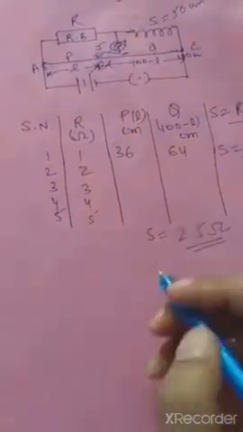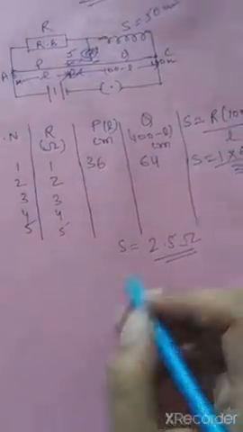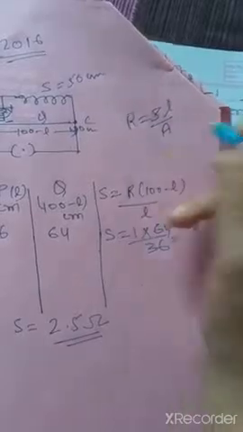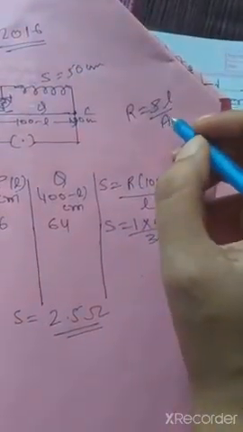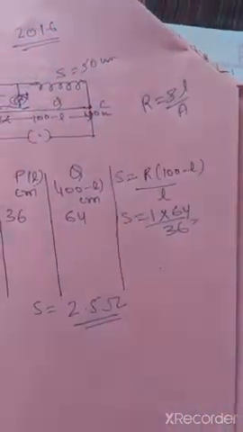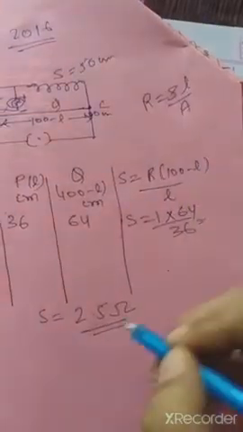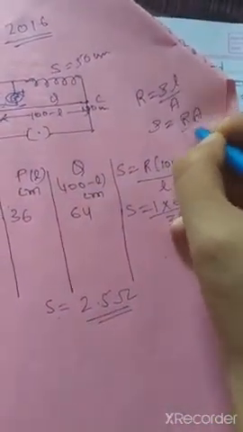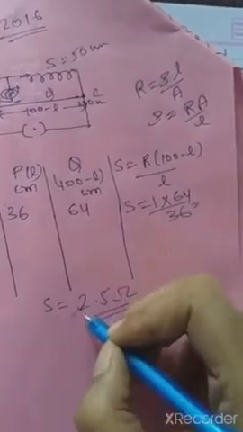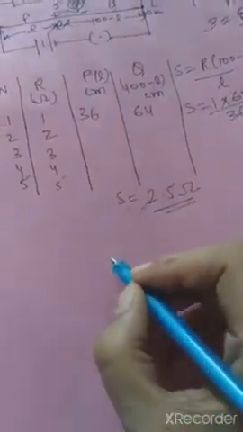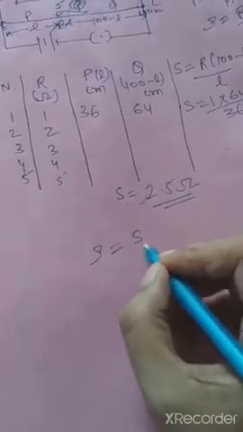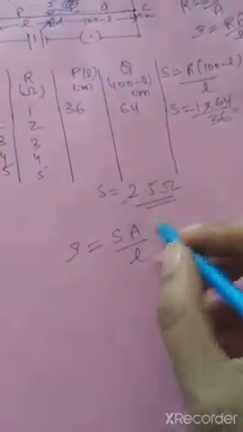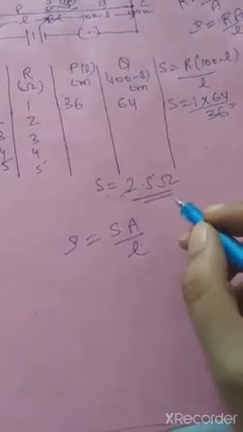So for the resistivity, we know that the formula is R is equal to rho L by A, and here we are finding the resistivity. So in this case, the unknown resistance we are getting is S. So here rho will become R A by L, and here we have S. So the resistivity formula for this case will become S A by L. Clear? So S you have got by this process.